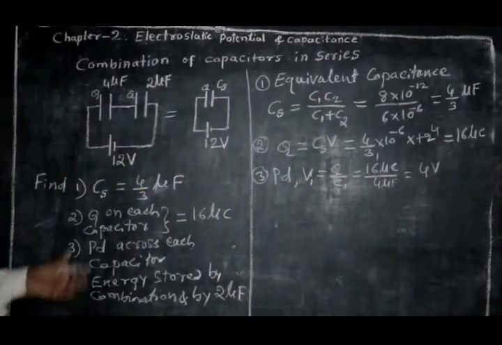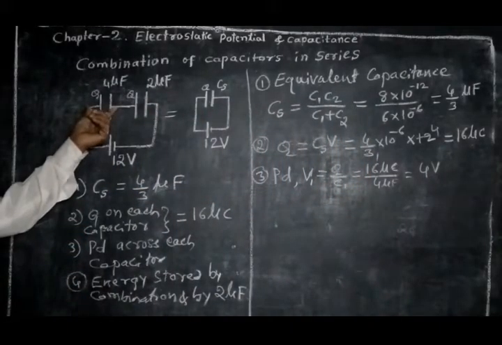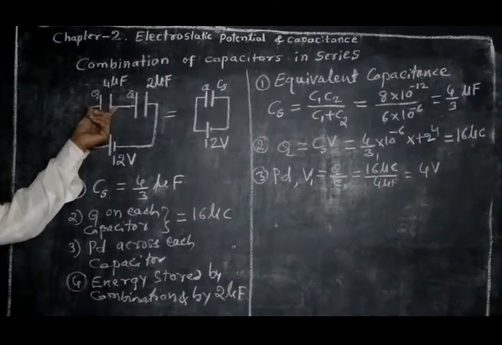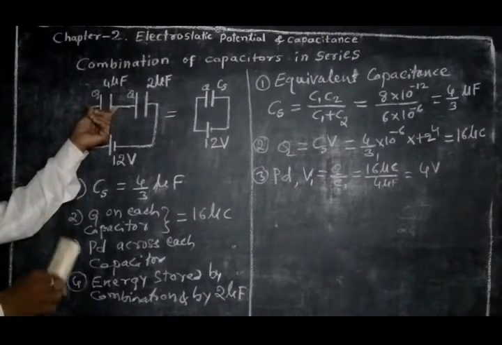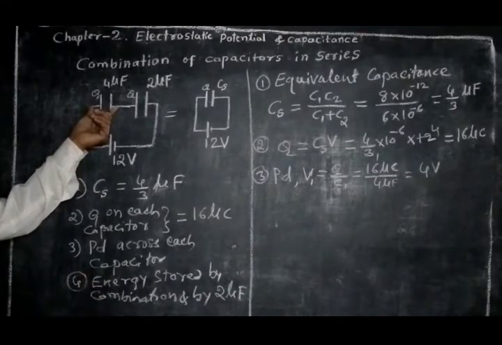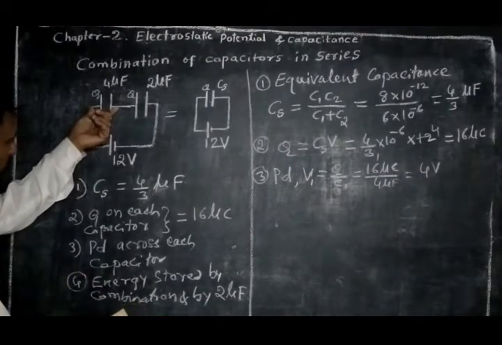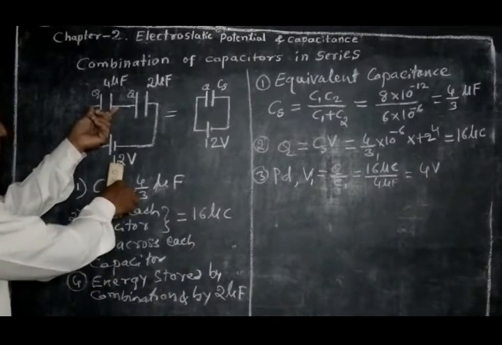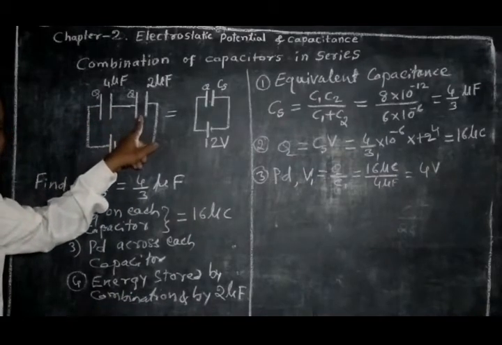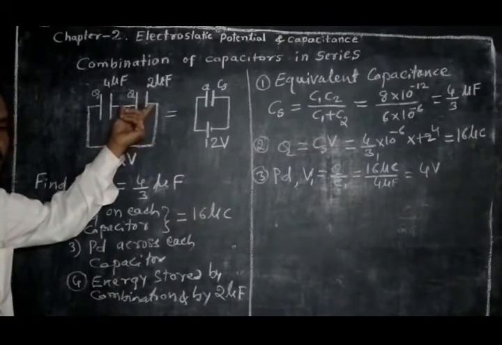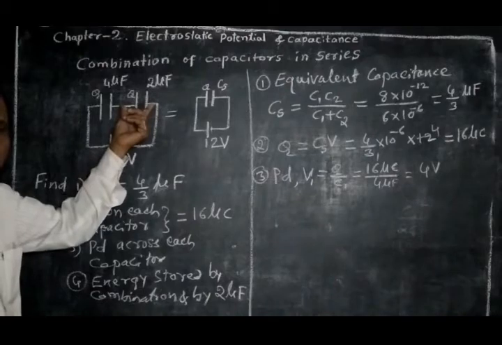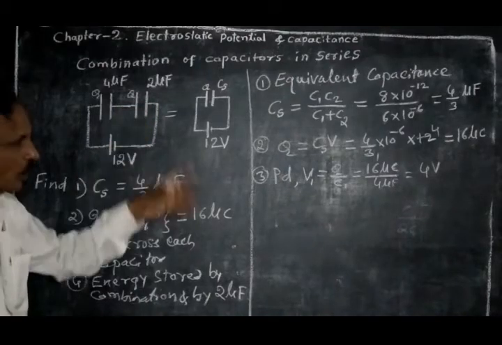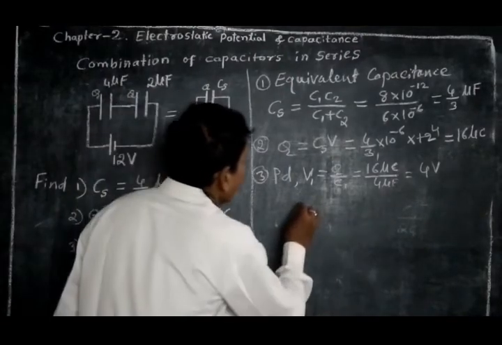If 4 volt is the potential difference across first capacitor, then we know for series combination V equal to V1 plus V2. V equal to 12 volt, 12 minus 4 equal to 8 volt. Therefore, V2 should be 8, or V2 equal to